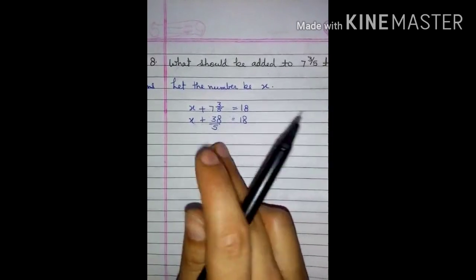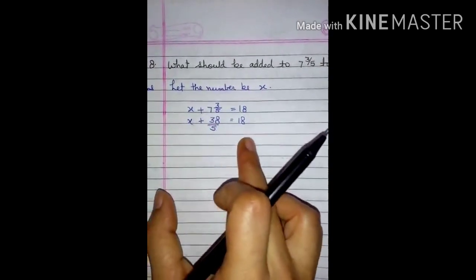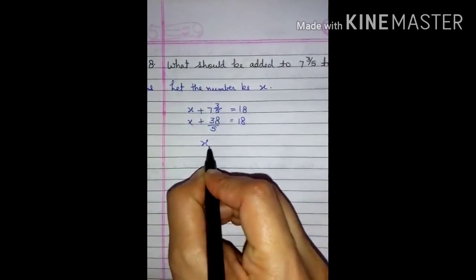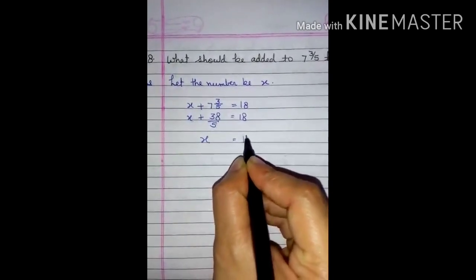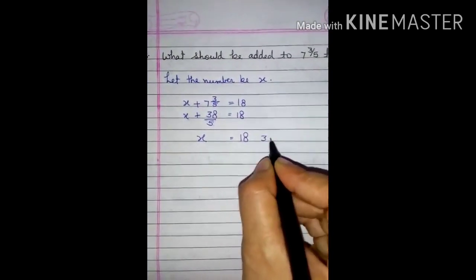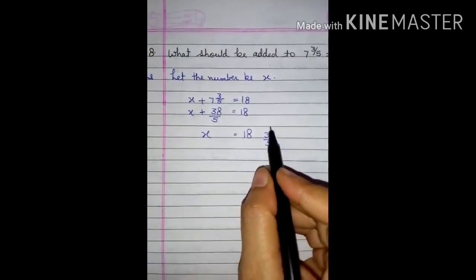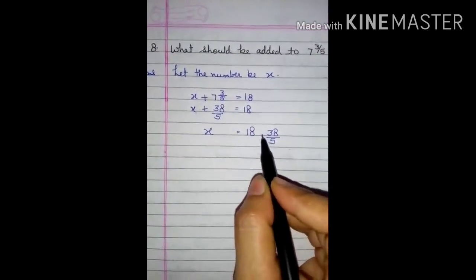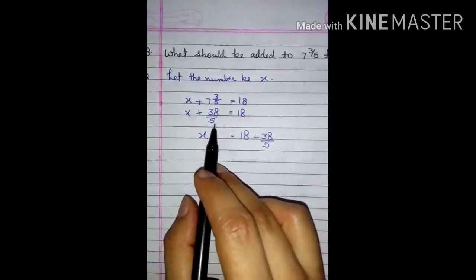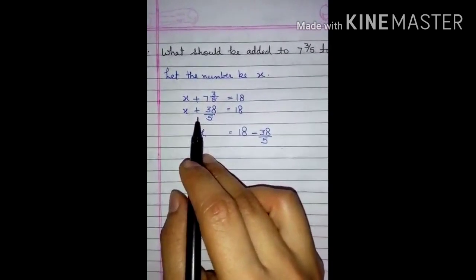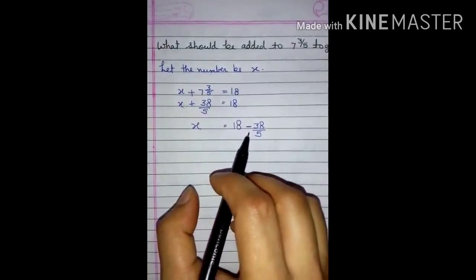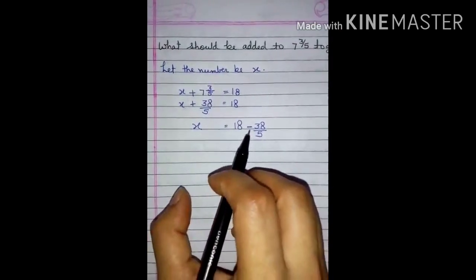It is written on the left hand side. I will transfer it to the right hand side. So here only x will remain, equals 18 will come as it is. Now 38 upon 5 will come on the right hand side. Now students, what will be the sign of 38 upon 5? It will be negative, because on the left hand side the sign of 38 upon 5 was plus, positive sign it was having. So when we change the side, the sign will also change. When it is positive, it will become negative.